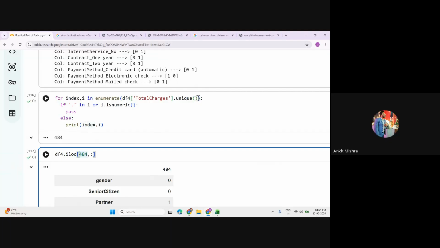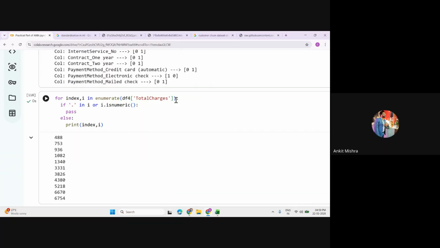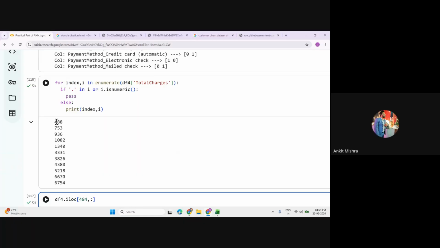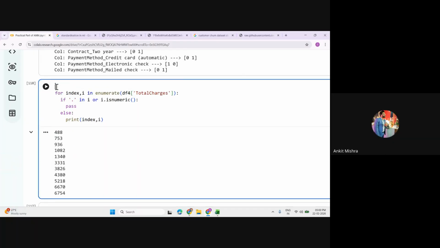Okay, so you just simply eliminate this numeric. And okay, we are not getting the multiple values. See, the problem is we are getting the blank string at multiple locations, right? These are the locations where we are getting the multiple values. So let's just do one thing. Let's just quickly store this problem,